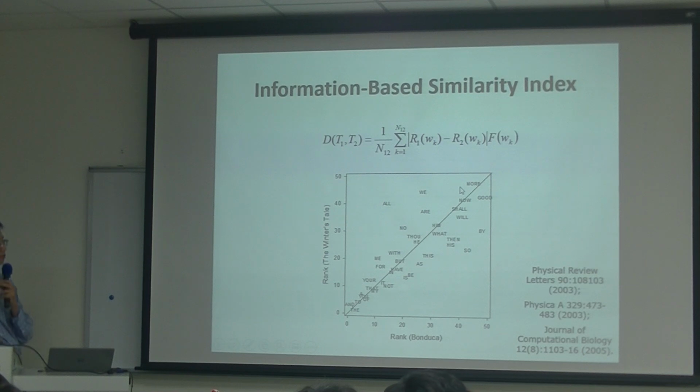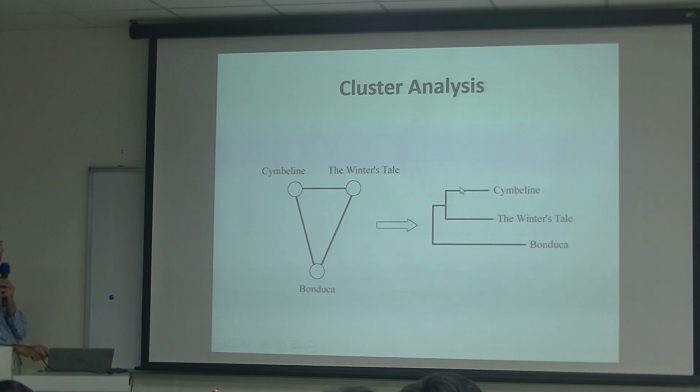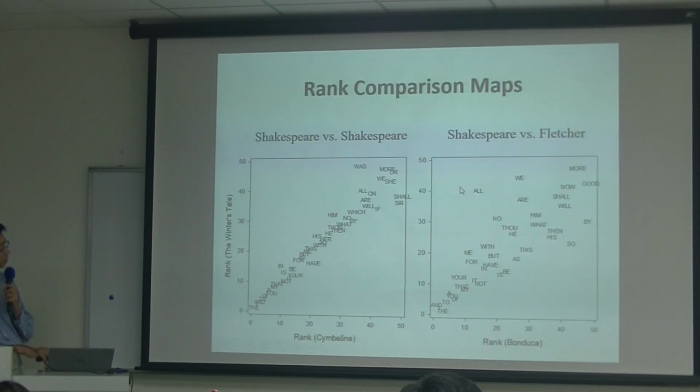But for images, you need to define a way to measure the distance between two images. That's a different thing. But for this one, I can just use the rank order statistics. So for this comparison, you will intuitively see that the distance between Shakespeare and Fletcher is larger than the distance between Shakespeare